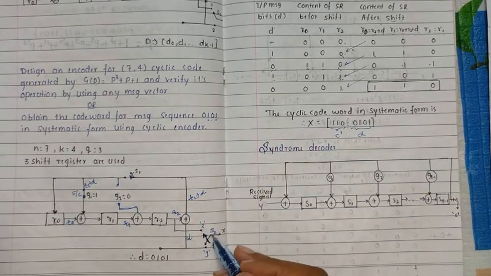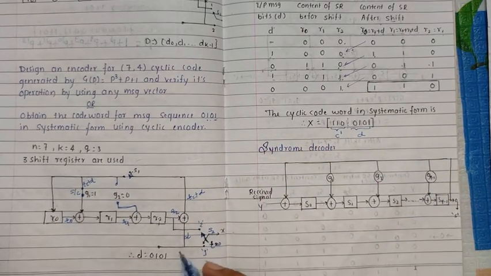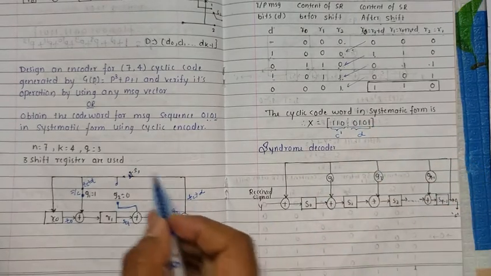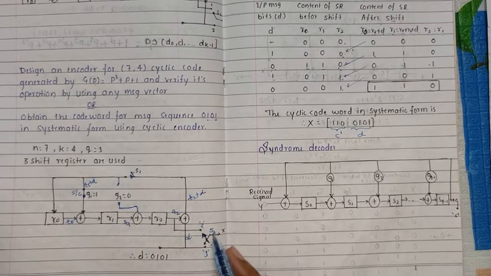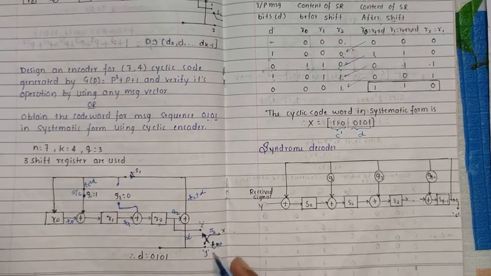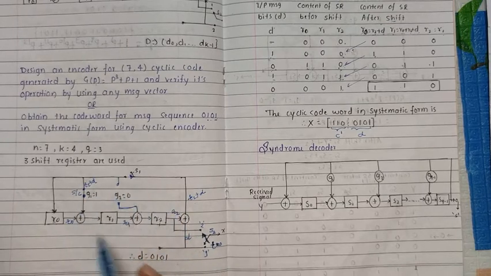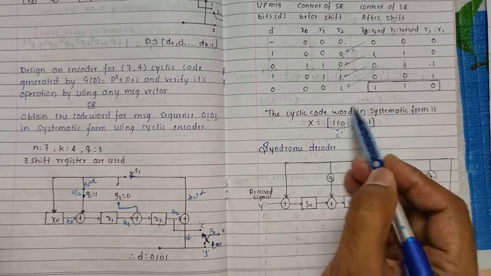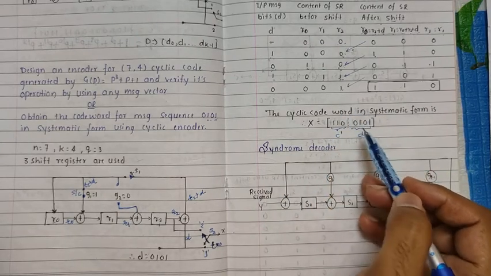So initially this switch S2 is connected here to the terminal number D. So all the inputs will be fetched when these bits will be routed through this design. At the same time, this switch S2 is fetching the input bit content, and at the end of the operation, this switch S2 will fetch the content of the shift register, which are nothing but the check bits. So this is the systematic code we are getting here.